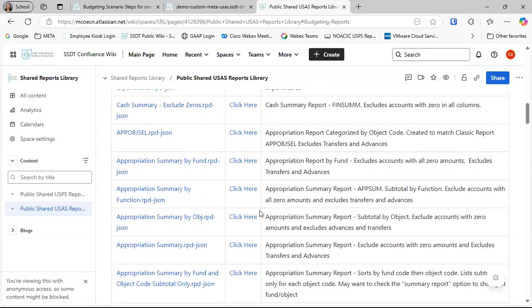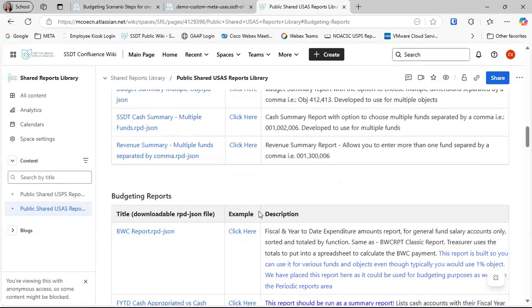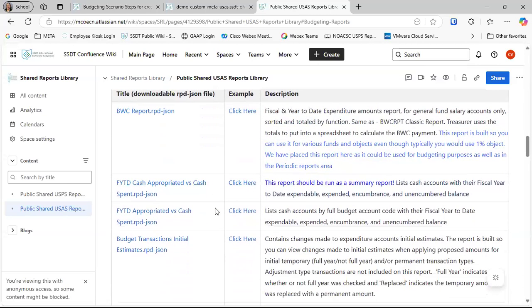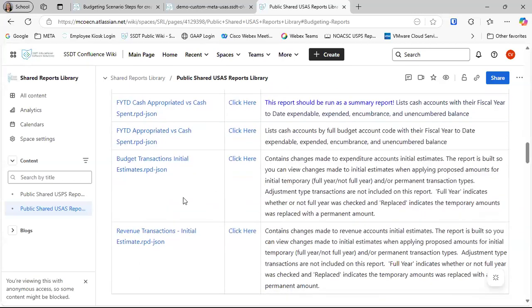Normally it would take you to that section. So I'm just going to scroll down. Okay, so here's the budgeting report section here. And if I scroll down just a little bit more, toward the bottom here is